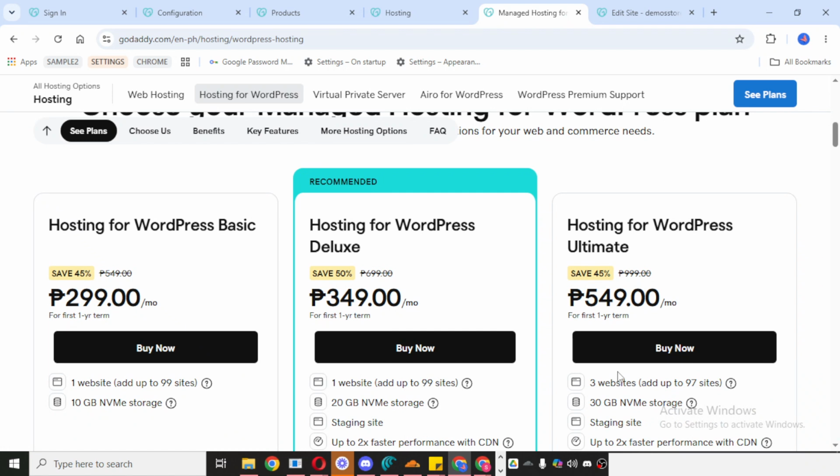So to recap, sign into your GoDaddy account, open your profile, go to My Products, confirm whether web hosting is listed. And if it isn't, open the menu, go to Hosting and WordPress and purchase the appropriate plan. Once that's done, your hosting should show up properly in your account, and you can move forward with setting up your website.